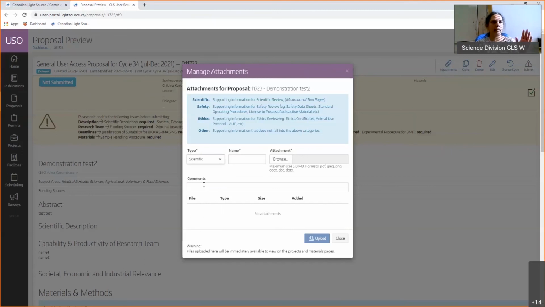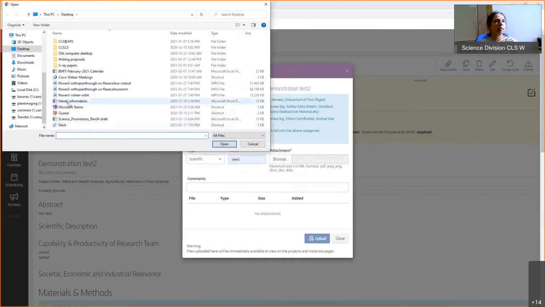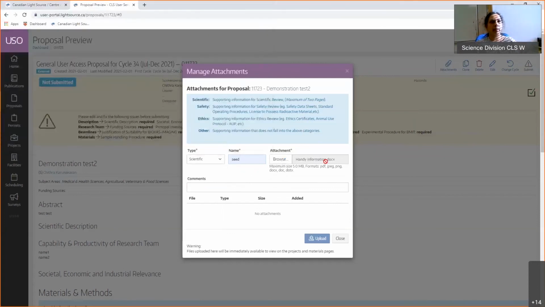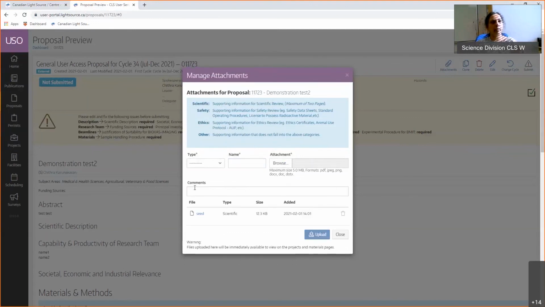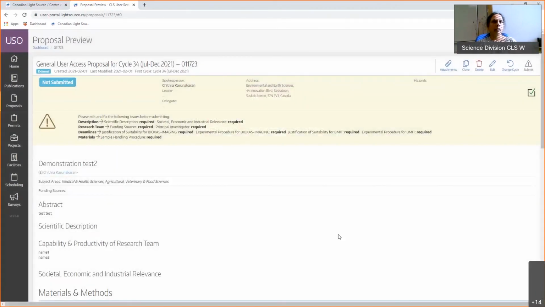Every attachment will be attached, and you can give some name to the document and browse for it. It can be a Word file or some pictures or a PDF, okay? And then you have to upload it. Now you can see that the document is attached and you can close it, okay? So only in the preview mode can you submit or attach a document, okay?